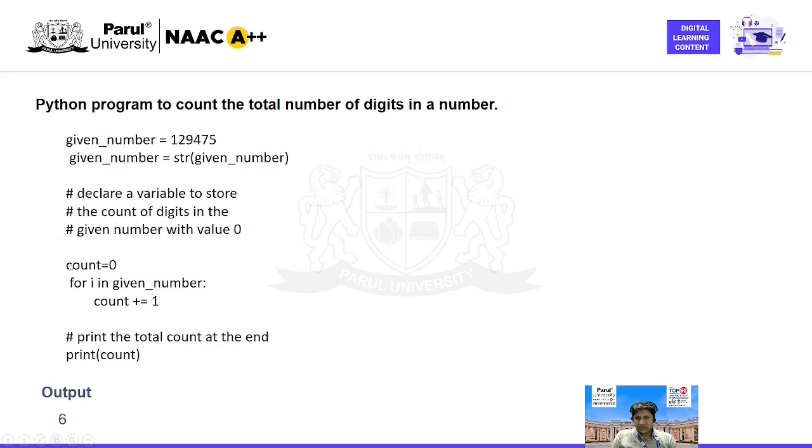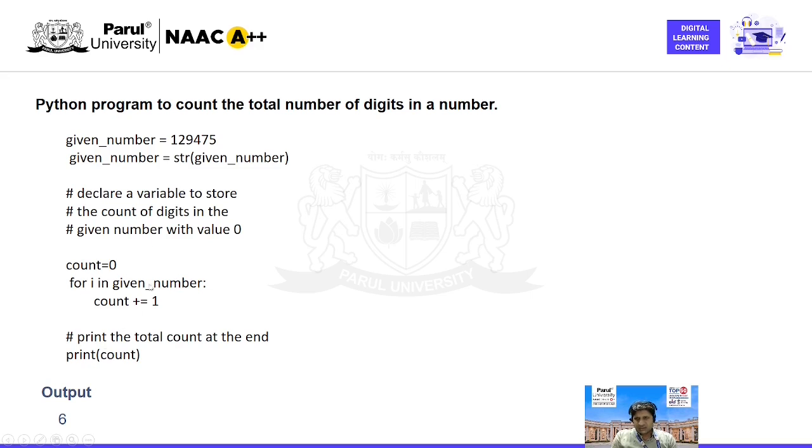Initially we set count to 0. For i in given number, it means i in given number 1 2 9 4 5 7. The for loop gets the numbers one by one from the given list